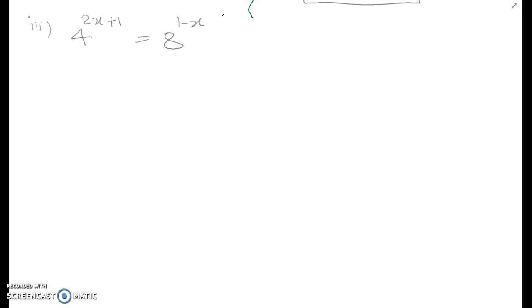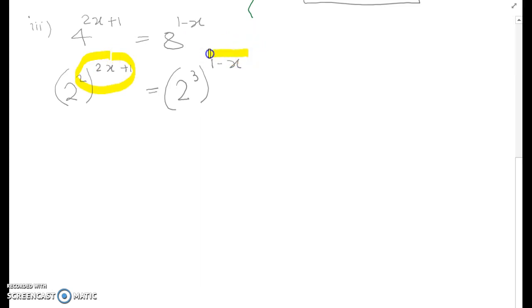I do know that 4 can be written as 2 to the power of 2, so I'm just replacing 4 here and then copying the index. Equal to 8 can be written as 2 to the power of 3, and then to the power of 1 take away x. Now we have the same base, and what we know from the index law is that this power to the power